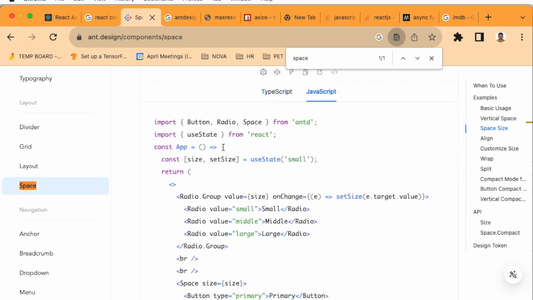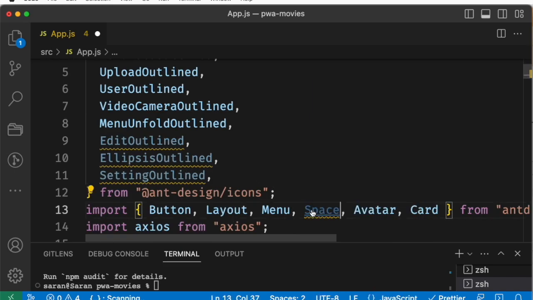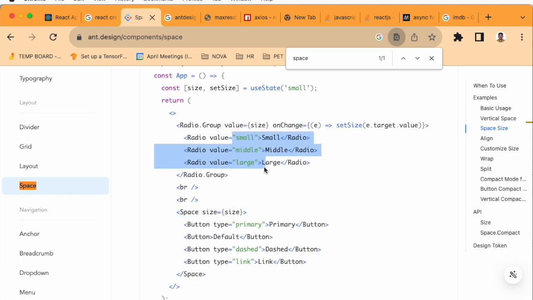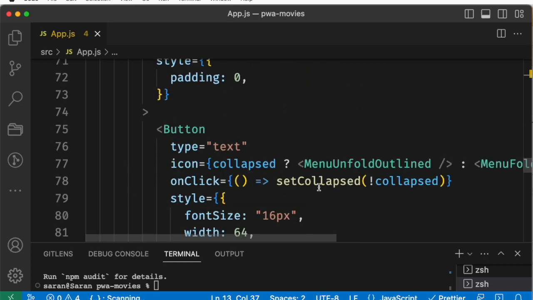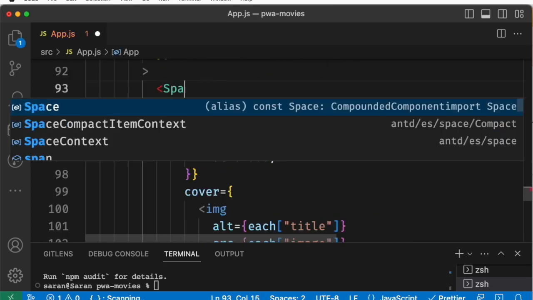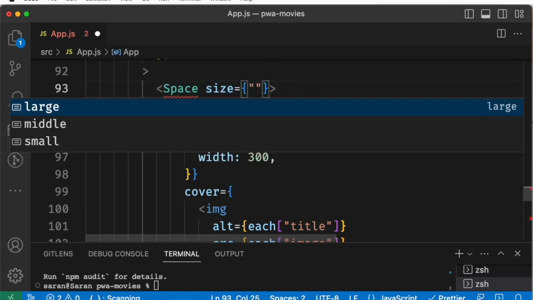So let's go and find the space, copy this and put that into our Ant Design. And they say how to use this, right? The space and the size is something like this: size small, middle, large. Okay, here go and use the space, I mean space and what, large,